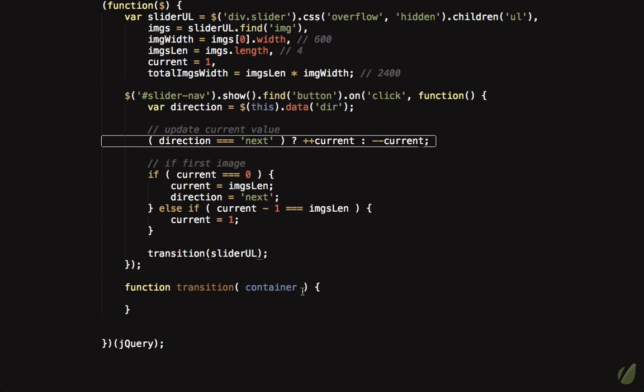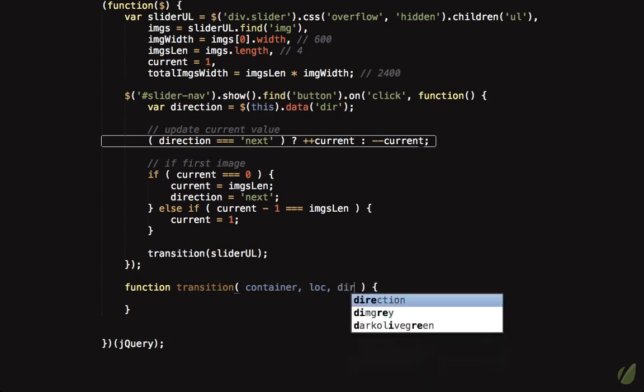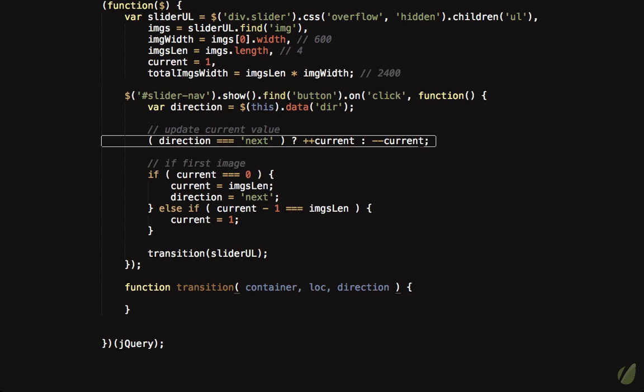And the next option is, where are we transitioning to? What are the coordinates, or where is the location that we're going to be moving to? And I'll store that, and we'll call it LOC for location. And the third parameter should be, are we moving forward or backward? And the reason we're doing it this way is because rather than having lots of animate methods, one that will send us forward, one that will send us back, and one that will reset, we can store all of that once,